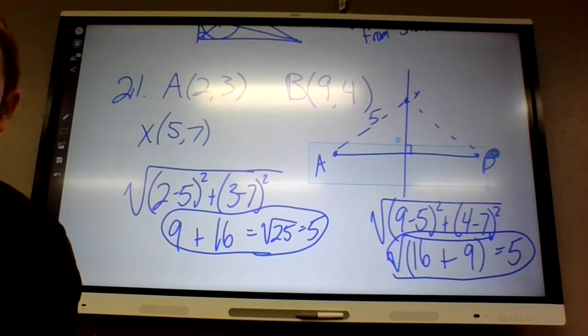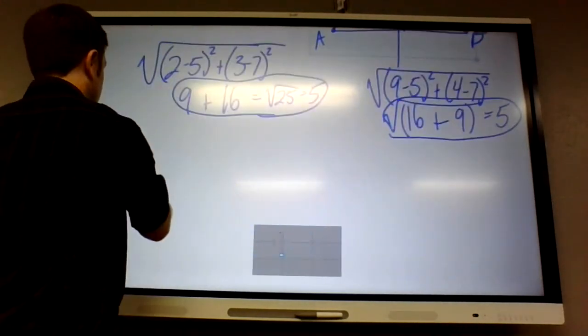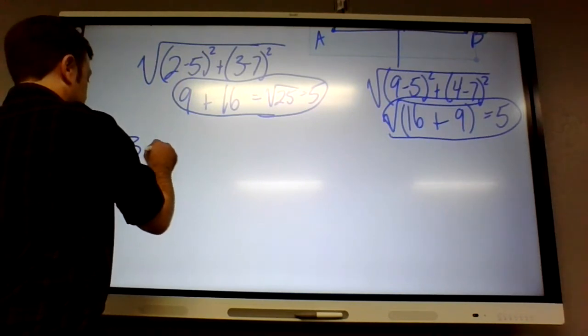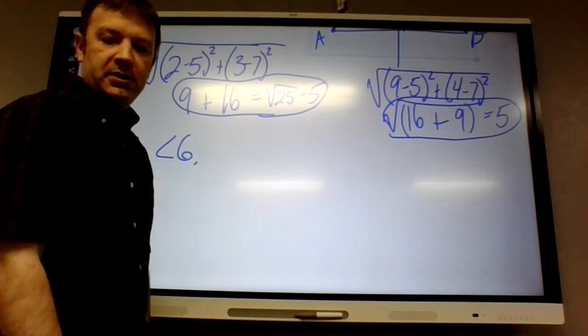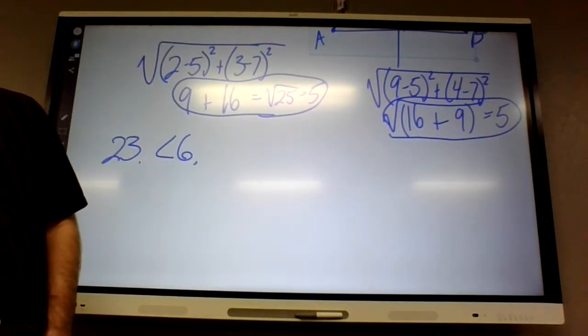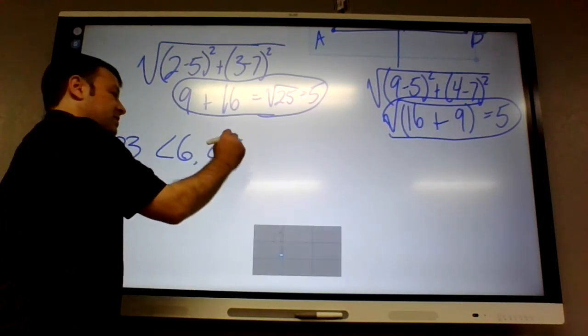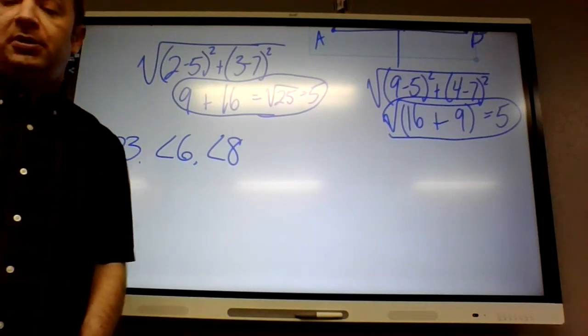What else is an exterior angle? 5 or 6. Okay, 5 is not an exterior angle because it's not an angle created by an extended side. 6 is an exterior angle and it would have to be greater than 2 or 4. So angle 6. This is kind of hard, but we know angle 8 has to be greater than angle 6 because 8 is an exterior angle to angle 6. So angle 8 would also be on the list. Alright. We will